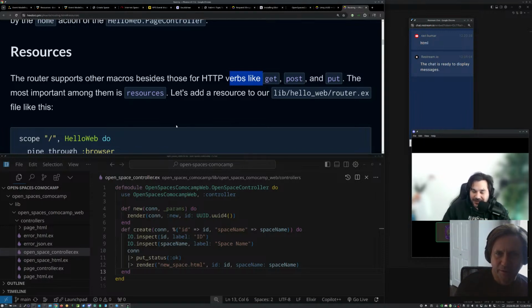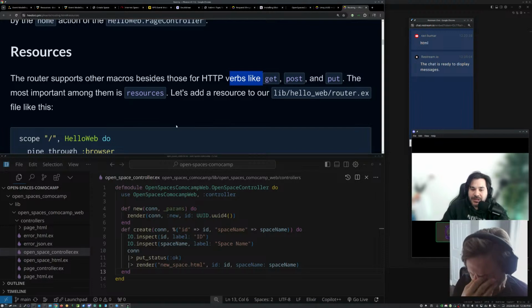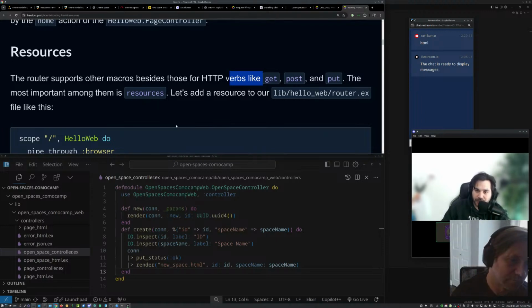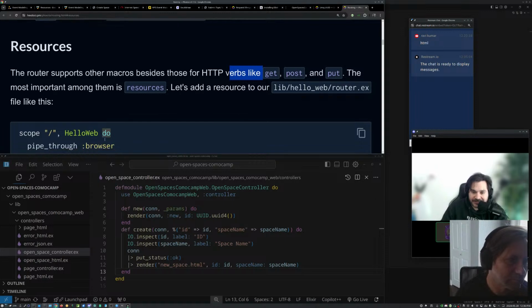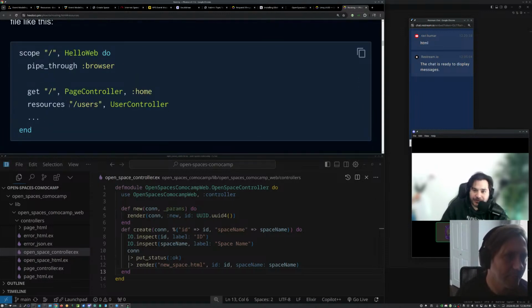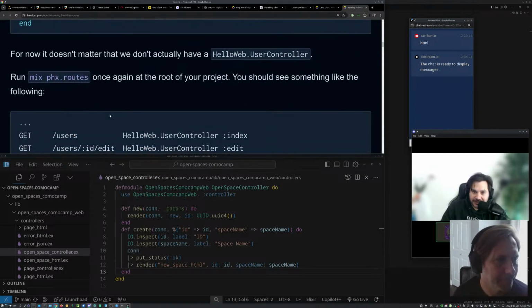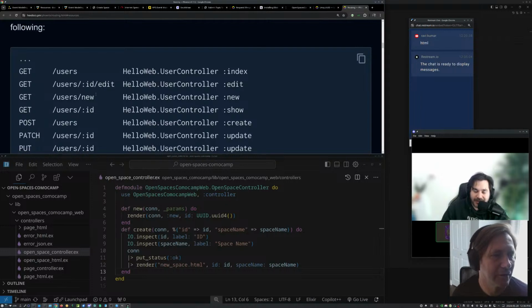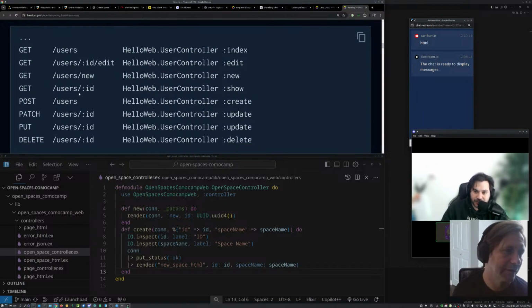Fundamentally, I don't think the problem that I have is when you focus on entities. I do not focus on entities. My entities are the stream, which technically is a workflow, right? So if you do just resources and then /user and send it to the user controller, notice at the bottom that it is going to define all those functions for you. You could also filter and say only X, only Y, right? But the point is that it gives you a predefined way to say, hey, this is a convention of what is a listing, what is a new, what is a show, what is a create. Does that make sense?